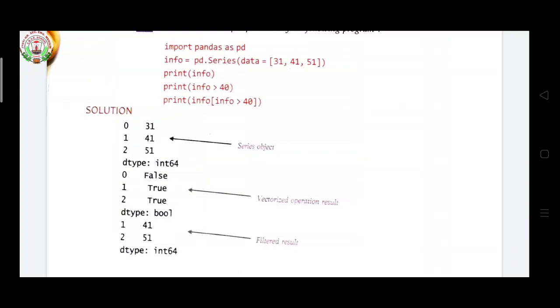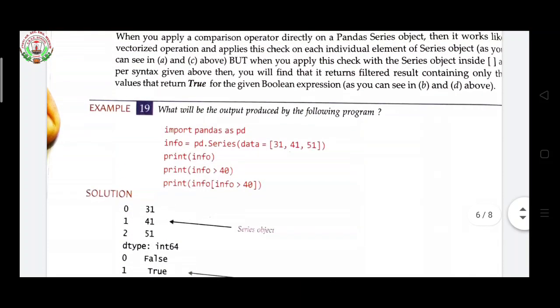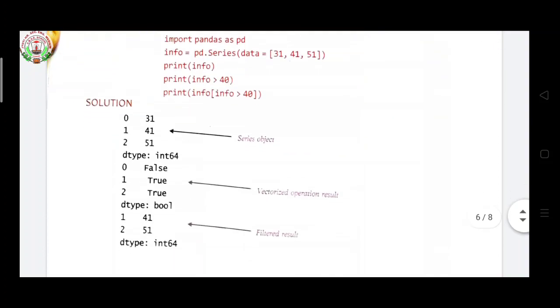When I call the same thing in the third line, info bracket info greater than 40, in square brackets I got the false, true, true data. Then info in front means that vectorized data is converted back into the integer data, and I got 41 and 51. That is filtering. This is filtering: integer data to vectorized data and vectorized data again to integer data. This is the way you can filter your data according to your choice.